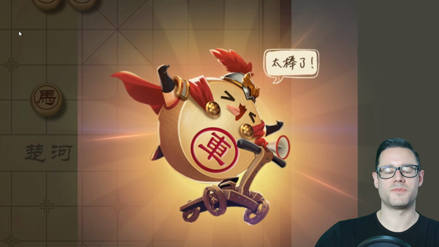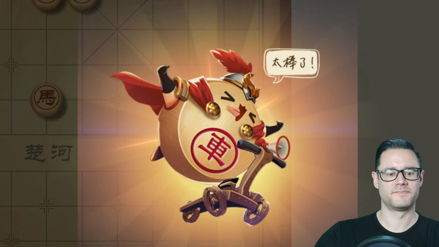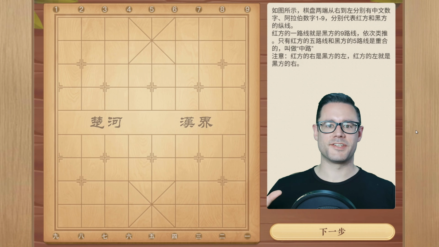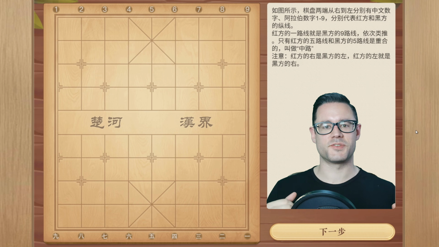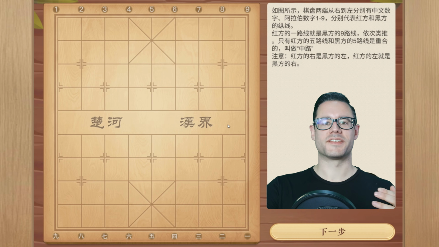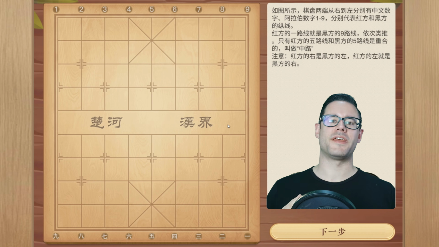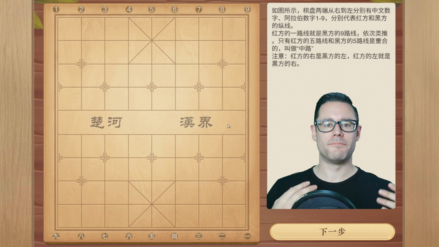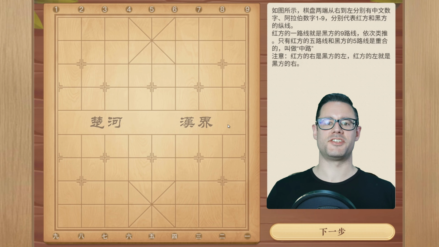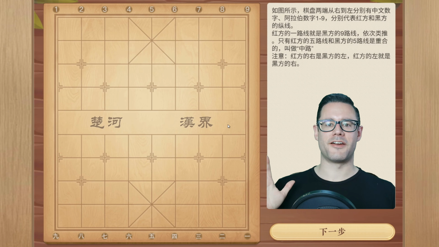And that's checkmates with the flying general. All right, so we've learned the fundamentals of playing Chinese chess. We talked about the layout of the Xiangqi board, the river and the palace. We've discussed how the pieces move, how they capture, and we've looked at multiple basic checkmate strategies, including those using the flying general rule.